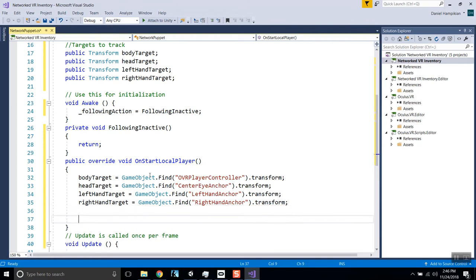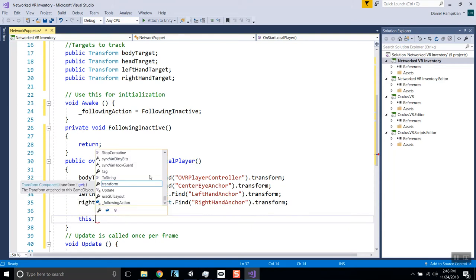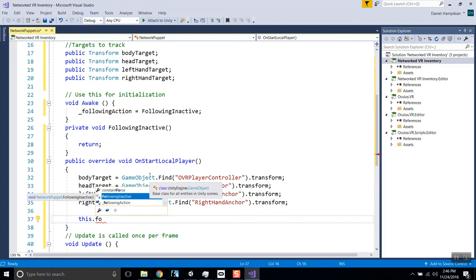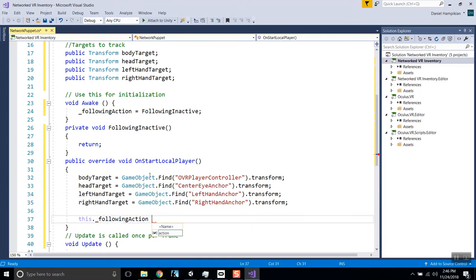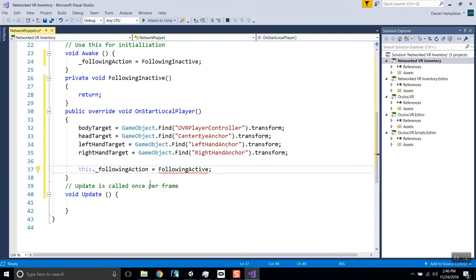Okay. Then we'll make this delegate following action here fire off a following active. We'll set it equal to a following active method. So that we'll have to define. We can make this private. And